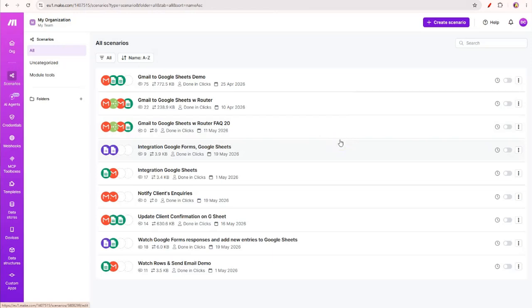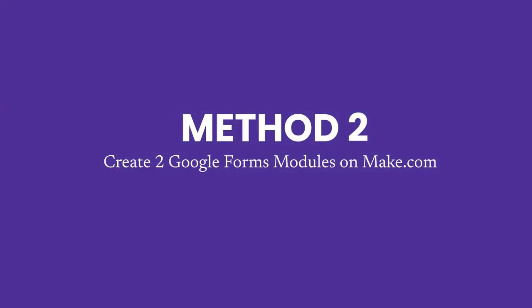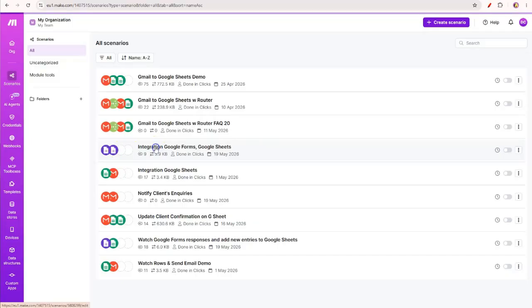This is the Make.com scenario dashboard. You can see all of the scenarios on your list. I've set up 2 scenarios here to show you how it works. For the first one, you can use 2 Google Forms modules to make this work. If you click on this one